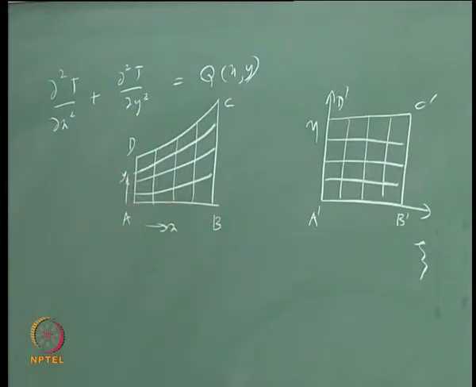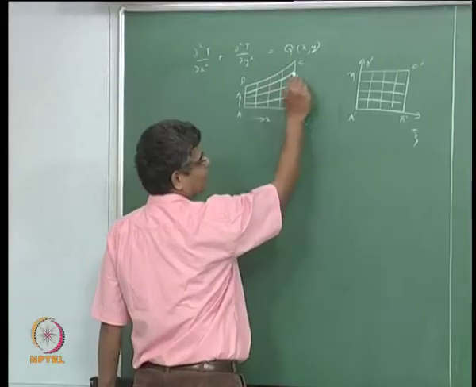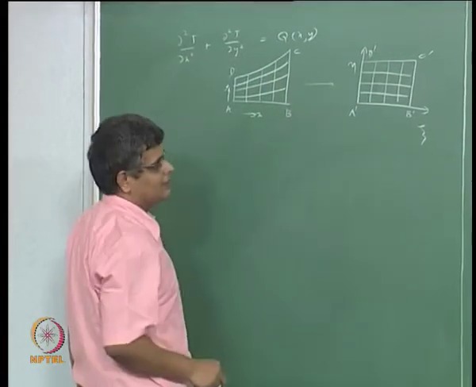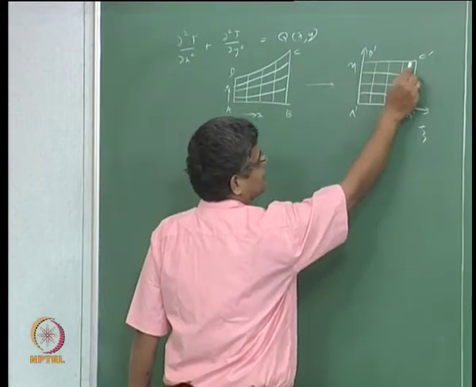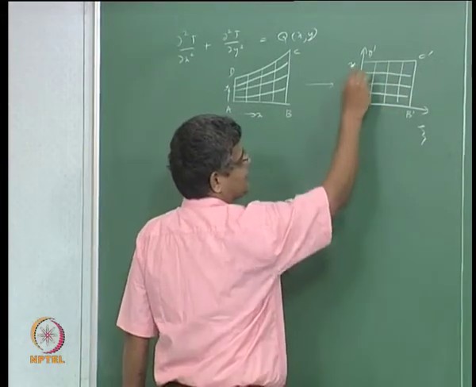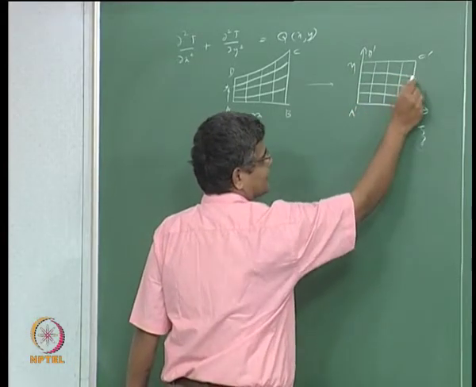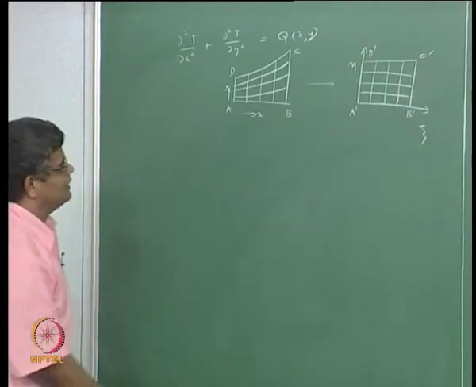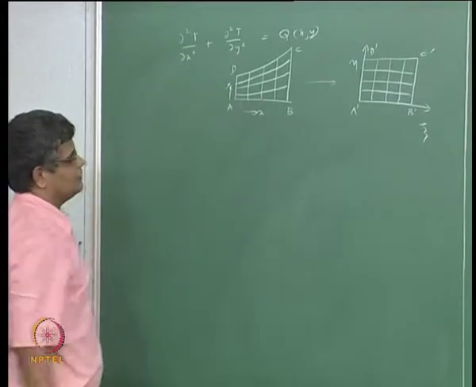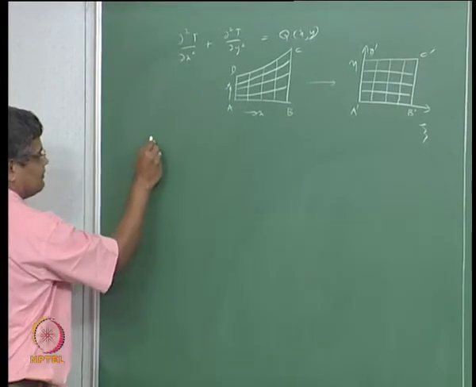So this is the physical plane and this is the computational plane, and we do not want to solve the equations in the physical plane because that is not a constant y line. But since this is mapped onto the computational plane like this, in which this is a constant eta line and this is a constant psi line, therefore we can think of doing it like this. So now we have to write